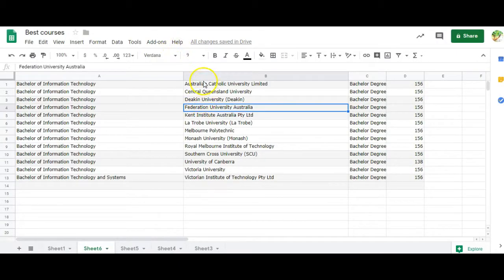So we take the first one, which is the Australian Catholic University. Remember, all of these universities are Victorian ones, so depending on which state you choose, then that's what you'll be looking for. So let's go for the first one here, which is Australian Catholic University. Copy it, Control C,